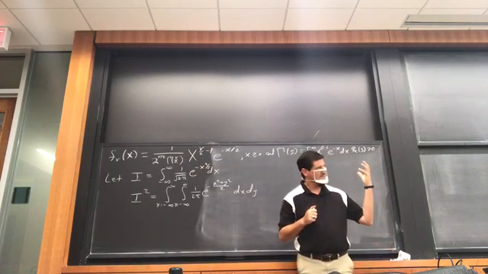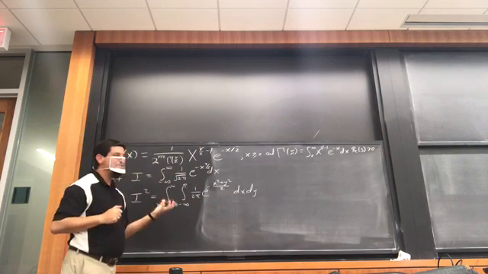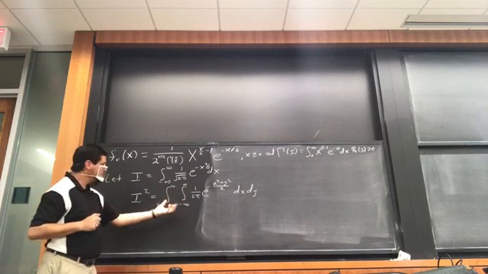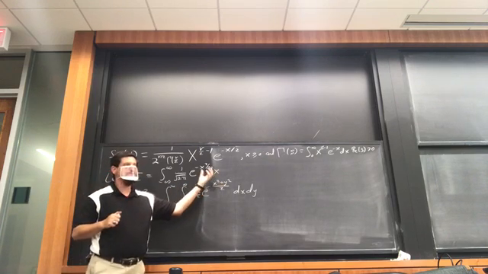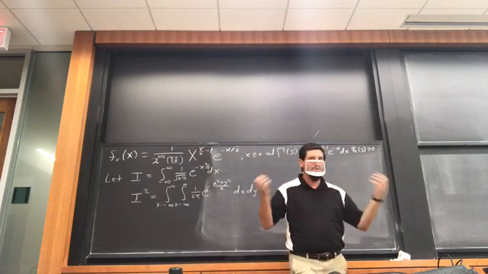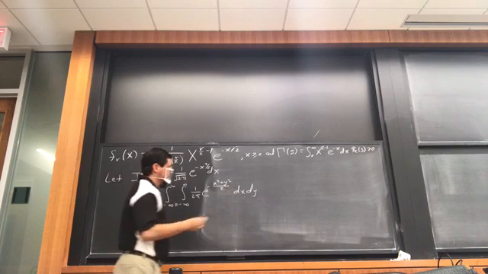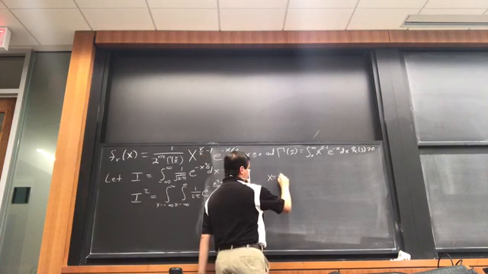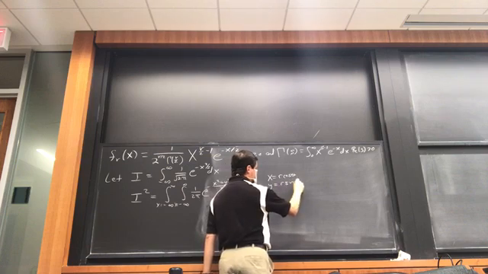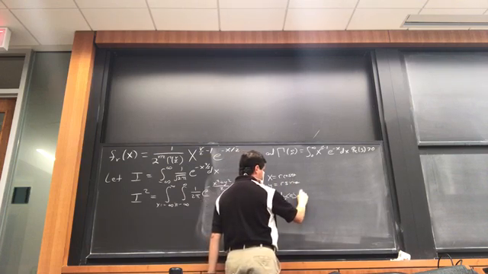Convert to what? Spherical? Nope, close. Polar. So eventually you have to learn to listen to the math that's screaming at you. When you see an integrand that depends only on x squared plus y squared, or x squared plus y squared plus z squared, it's screaming at you, convert to polar or spherical or something, and just don't worry about the angles. So we'll let x be r cosine theta, y be r sine theta,